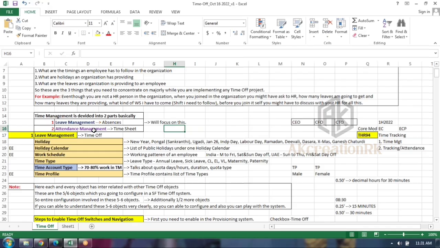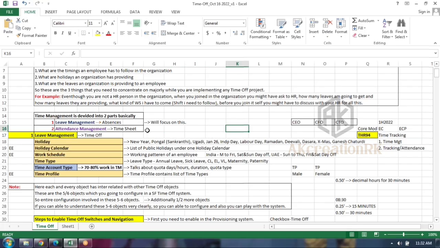There you have to go through 10 different transactions one by one, but all 10 screens are available in a single screen in this SuccessFactors time management. That is the only difference. For example, in order to create a holiday calendar, you go through transactions 1, 2, 3, 4, 5, and only then can you create one perfect holiday calendar. But here, all 5 screens are available in one single screen. That is the advantage. Anyway, we'll discuss.